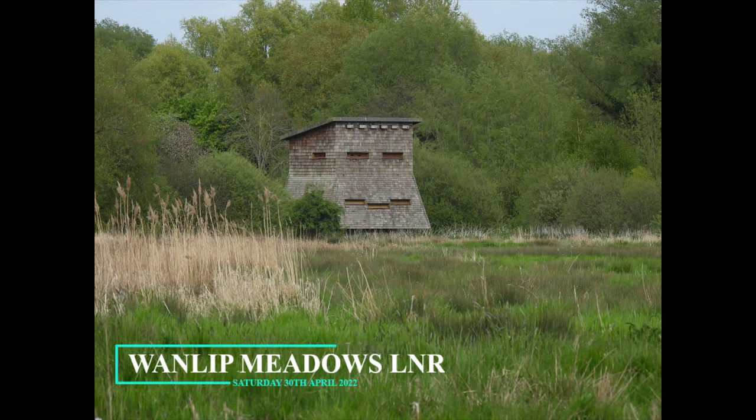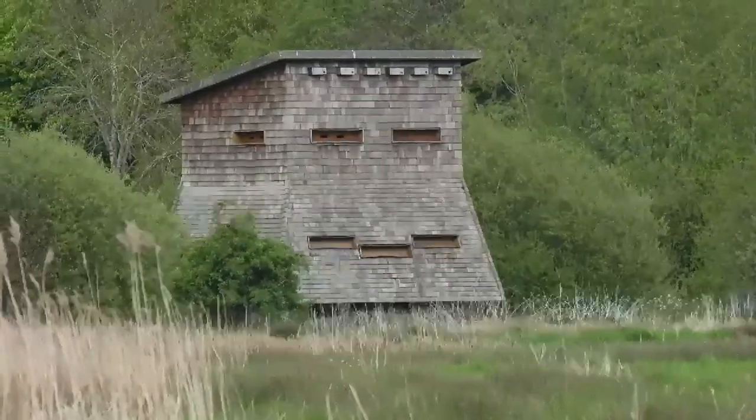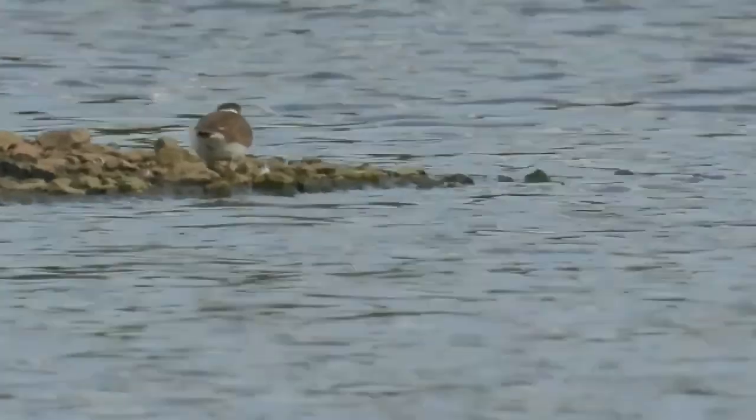Wanlip Meadows was my first visit, but it was such a good visit. This is a plover hide at Watermead Park Reach Bed Nature Reserve. Lapwing and little ringed plover. Yeah, it really just like,